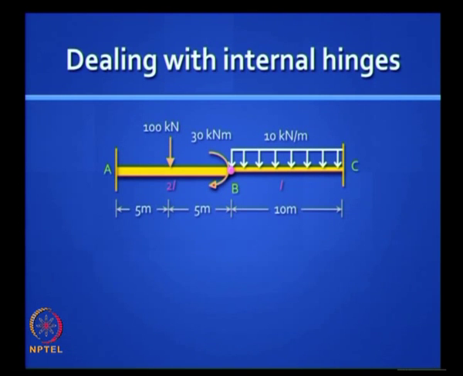So here if you notice I put it slightly to the left. So that 30 kilonewton meter is not a nodal moment, it is now a member end moment applied at AB. That is the first thing to note. But how do we handle that internal hinge? Any suggestions? Rotational degree of freedom is active. There are problems. What are the problems? At least tell me the difficulties you visualize with the internal hinge.